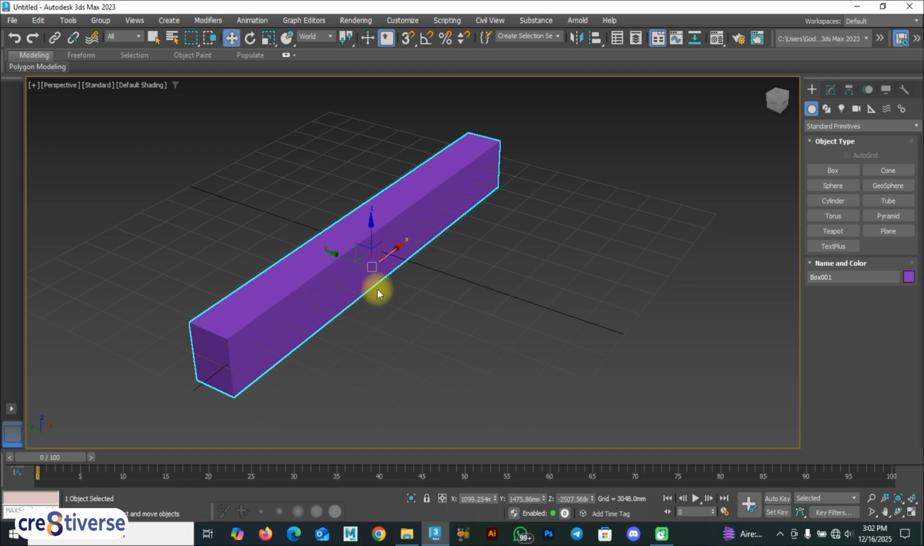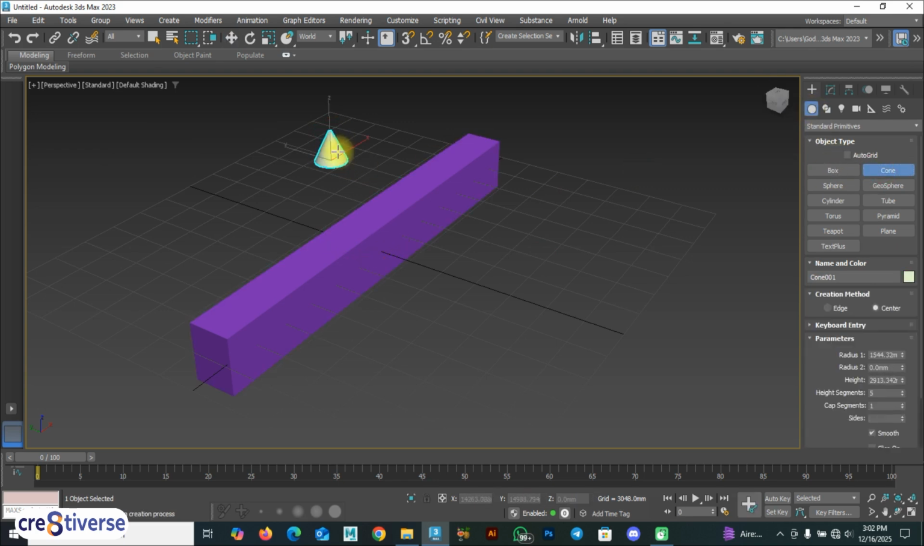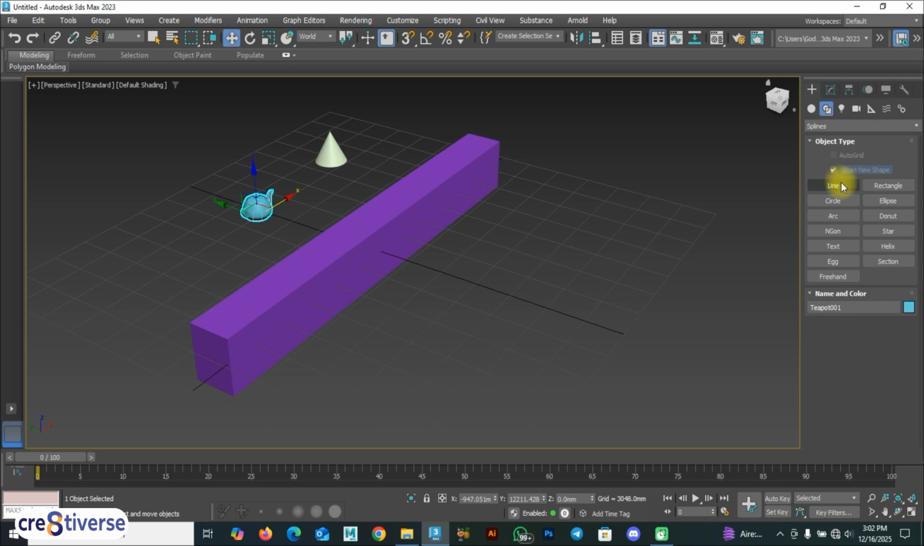Okay, so let's move on. Alright, so we also have this part here, which is your filter. So let me show you how this works. Let's say I draw from my geometry, I have a cone, I have a teapot. From here I decide to go to my splines and draw my line and maybe the arc